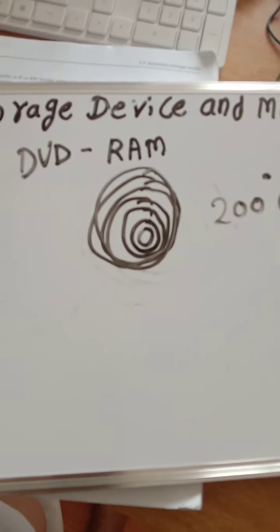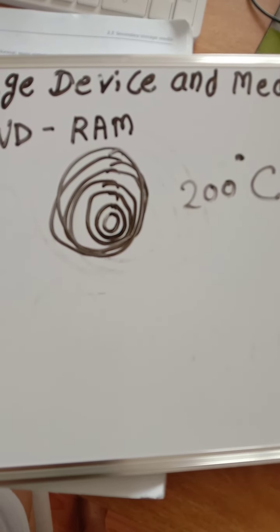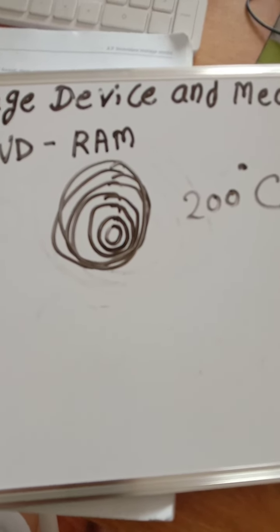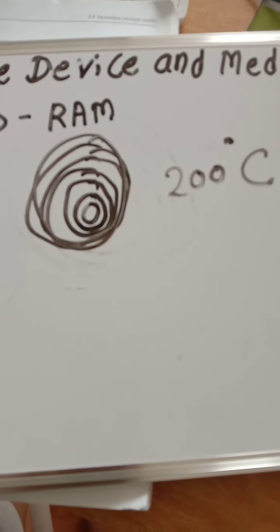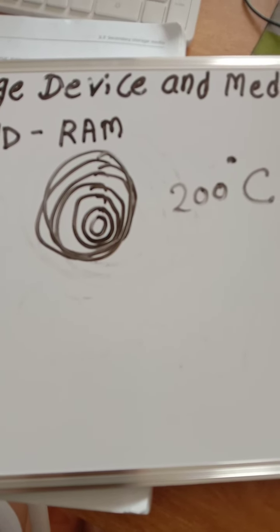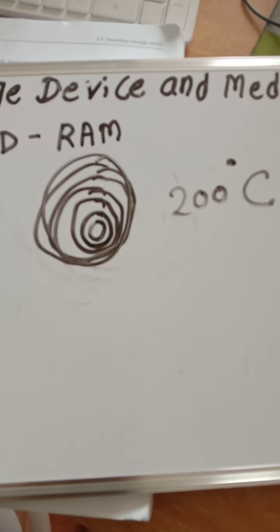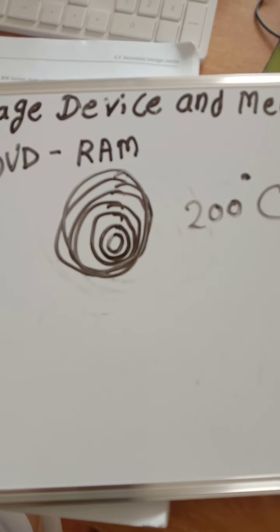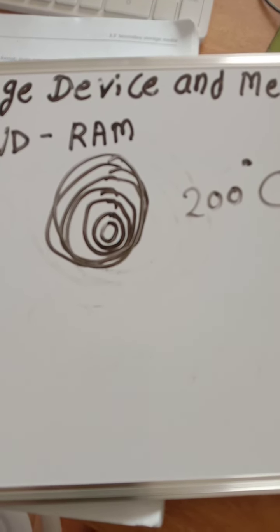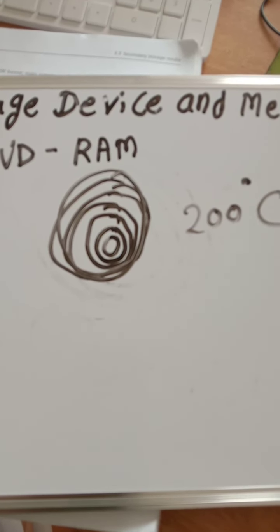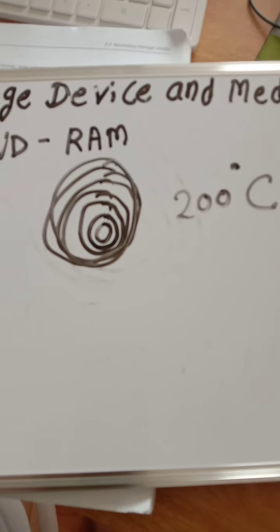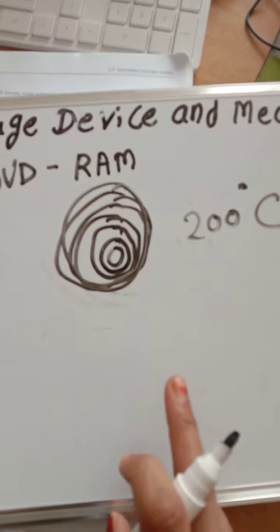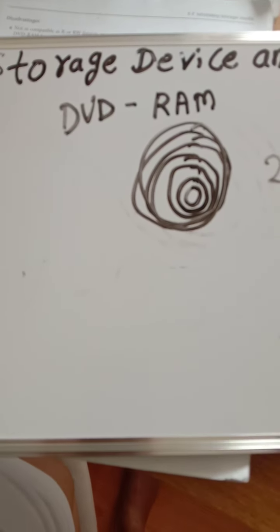Now we will see what the uses of it are. It is used in recording devices such as satellite receivers to allow simultaneous recording and playback. For example, if an astronaut has gone into space and wants to record whatever he is seeing, he will record it and store it in secondary storage media. Again, he will delete it and record something else, as many times as he wants. That is DVD RAM, digital versatile disk random access memory.